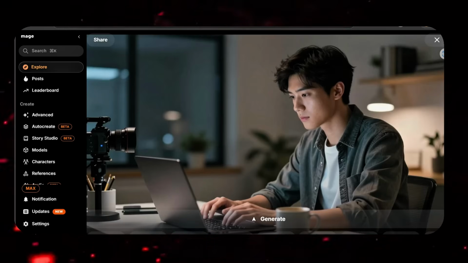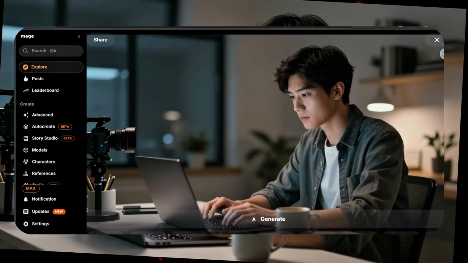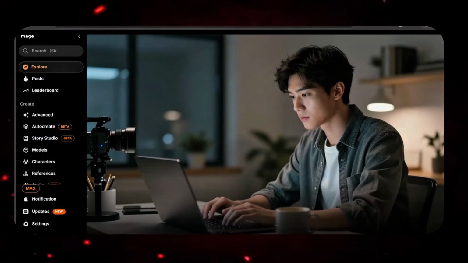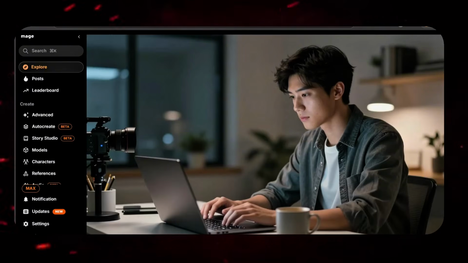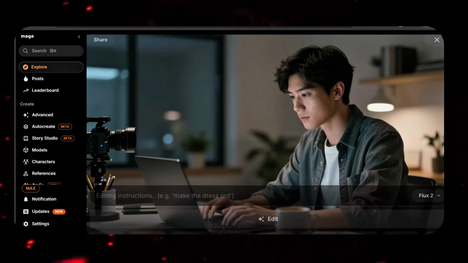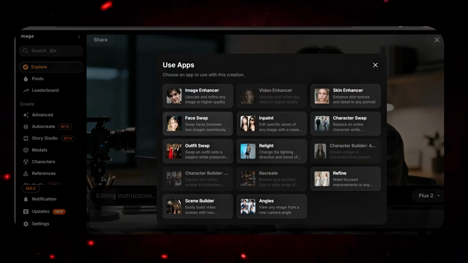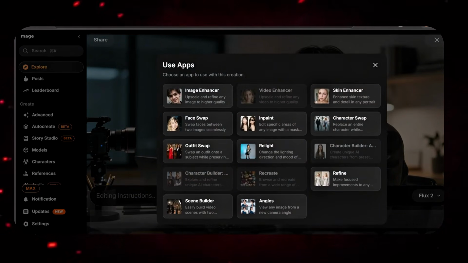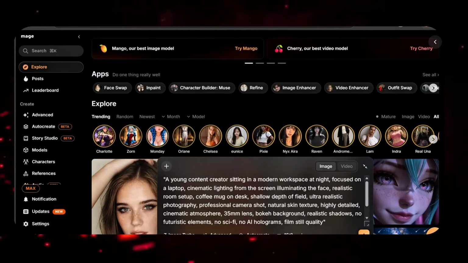So guys, here are the images which you have generated and you can click on them. If you want to edit this image, you can add instructions for what you want to change on it. And after that, there are still more things on this platform, like you can animate your images and use them as posts. You can use apps there, and in the apps you can do the image enhancer, face swaps, and Paint. We will check out this later, and now let's check out the video section,